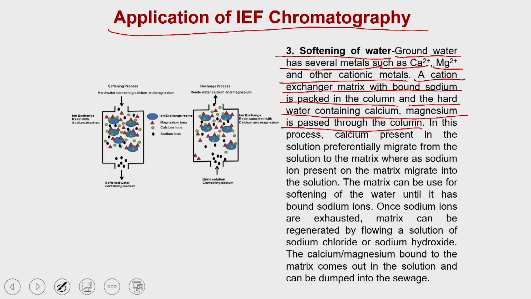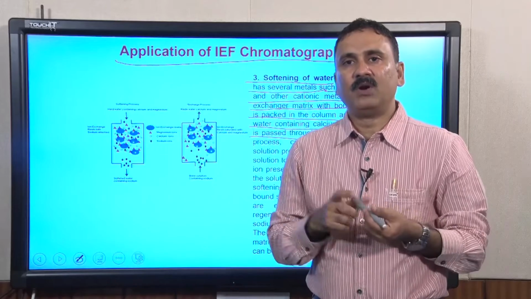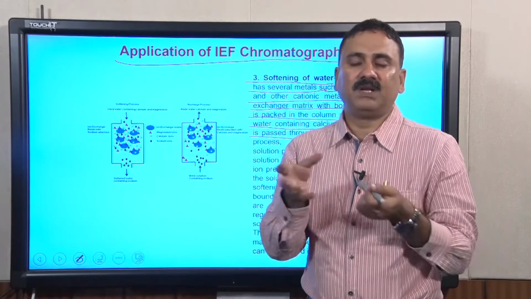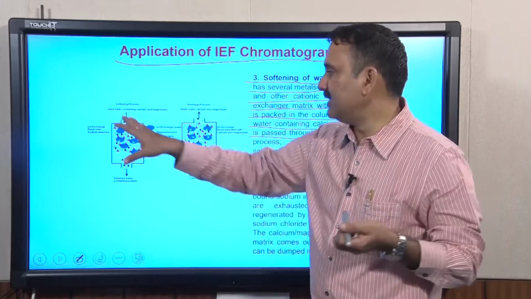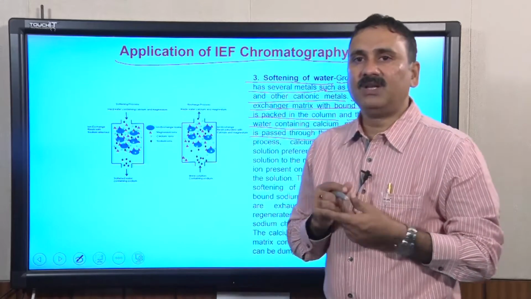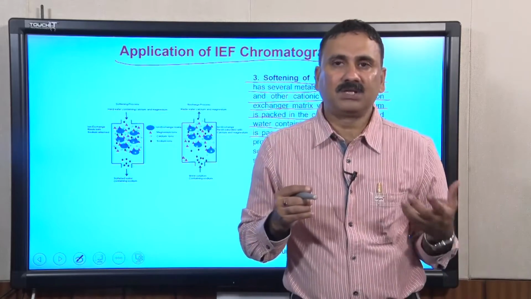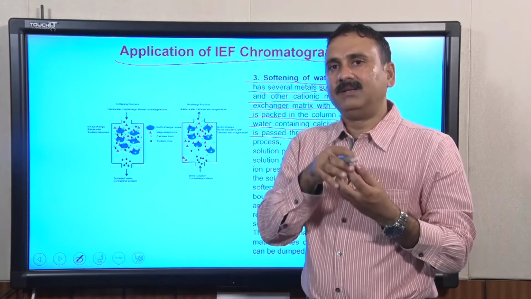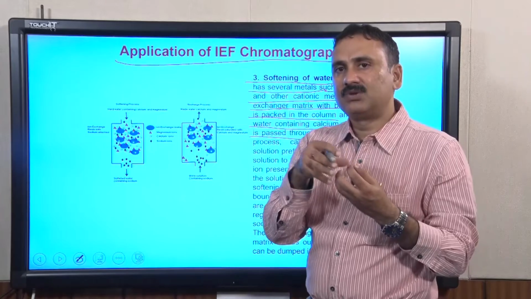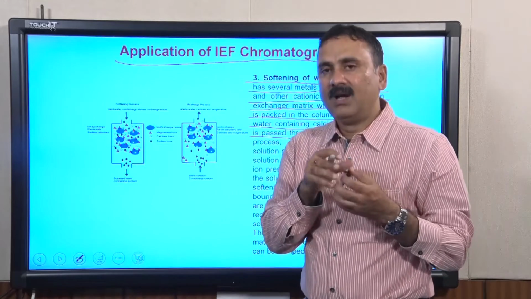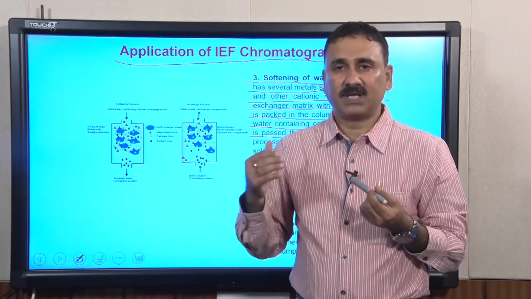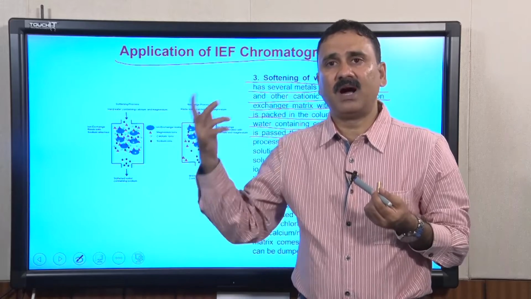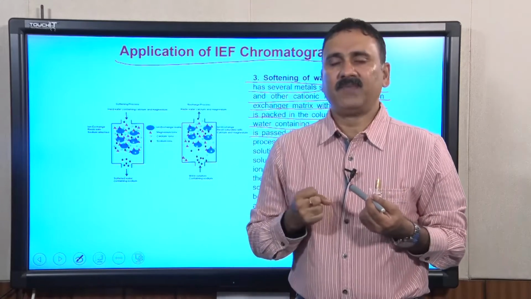So, you might have seen these cartridges in your home as well. When you buy AquaGuard or some kind of water purification system, you will see that it has two chambers. One of the chambers contains these kinds of beads, which are cation exchange beads, and these cation exchange beads are masked by sodium. So, the sodium is bound to the cation exchange beads, and when you flow the hard water, which contains calcium and magnesium and arsenic and all other kinds of heavy metals,